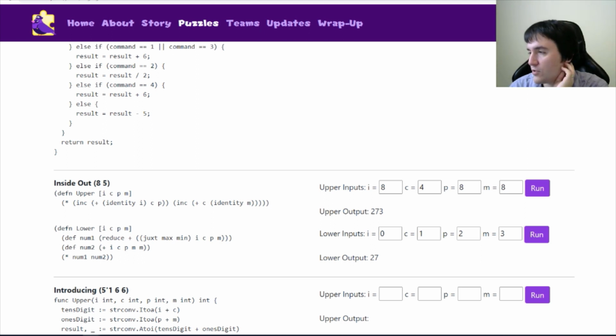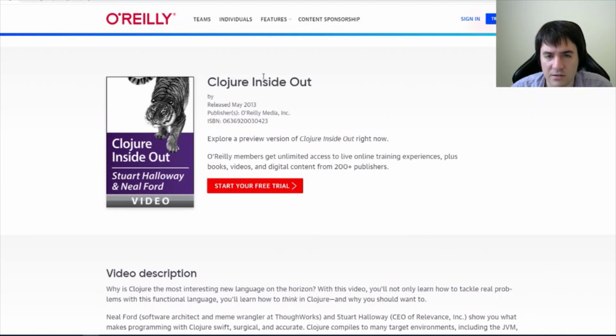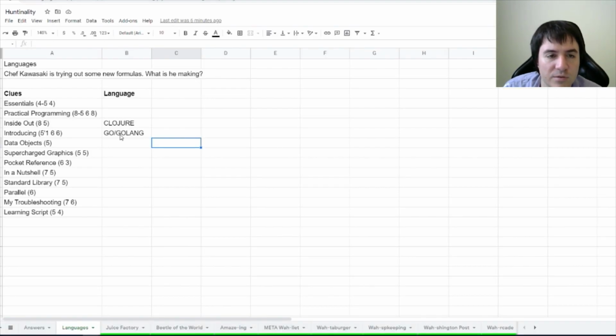Let me look up the Clojure programming language on like Wikipedia. Is it like the designers of the programming language or something? Clojure Inside Out is a thing. So is that the hint? Is it that the programming language is like, maybe there's a book or a video or something to teach you the programming language that has to do with this, maybe? Stuart Holloway? Is that... no, that's not the right enumeration. We need